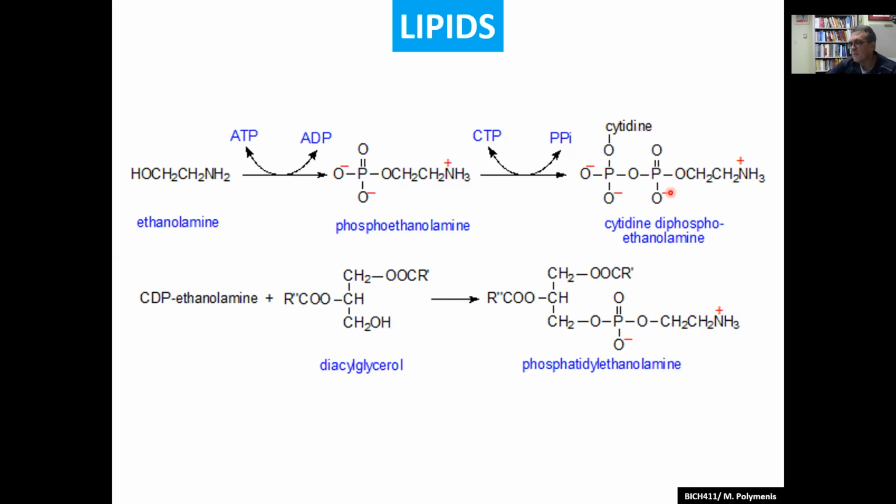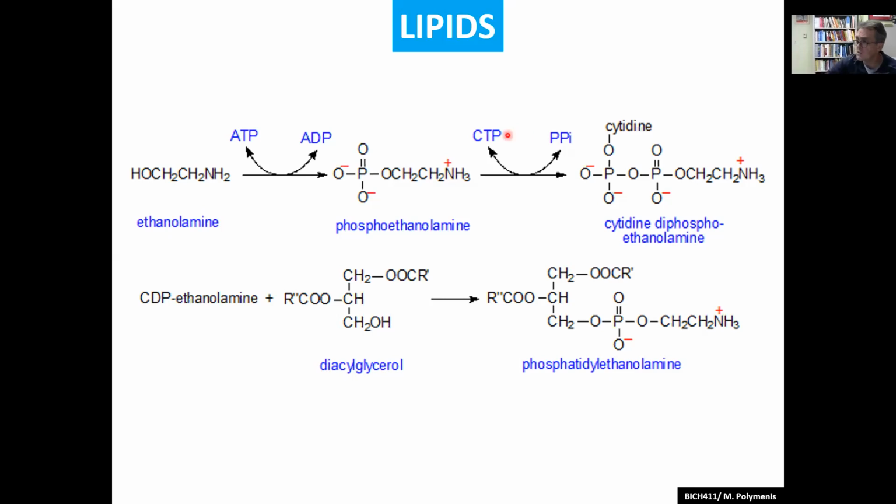For these groups that you want to add to phospholipids, it's CTP that is used. Now, don't ask me why it's CTP in this case and not the other ones, and vice versa. I don't know, but the theme is the same. No matter what the nucleotide is, the theme of nucleotidylation of something you want to activate to use in subsequent steps in biosynthesis is the same. Right? It's just the identity of the nucleotide that's used.